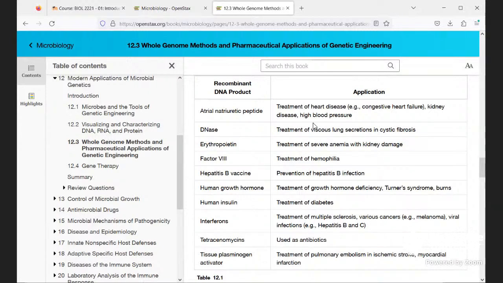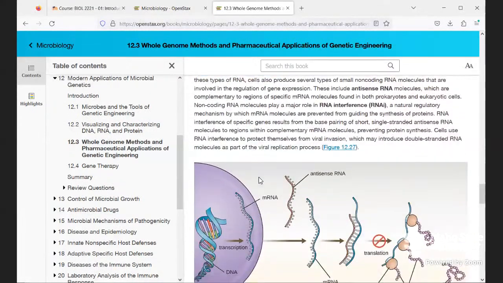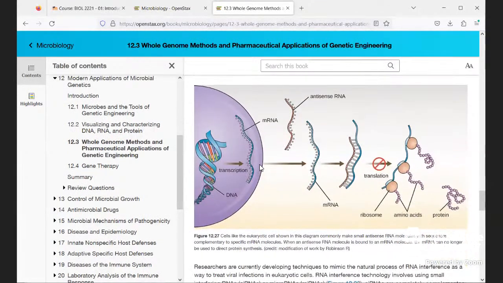Like cystic fibrosis, hemophilia, and others. So I guess maybe I'll just stay on this because it's got all the same images. There are some potentials